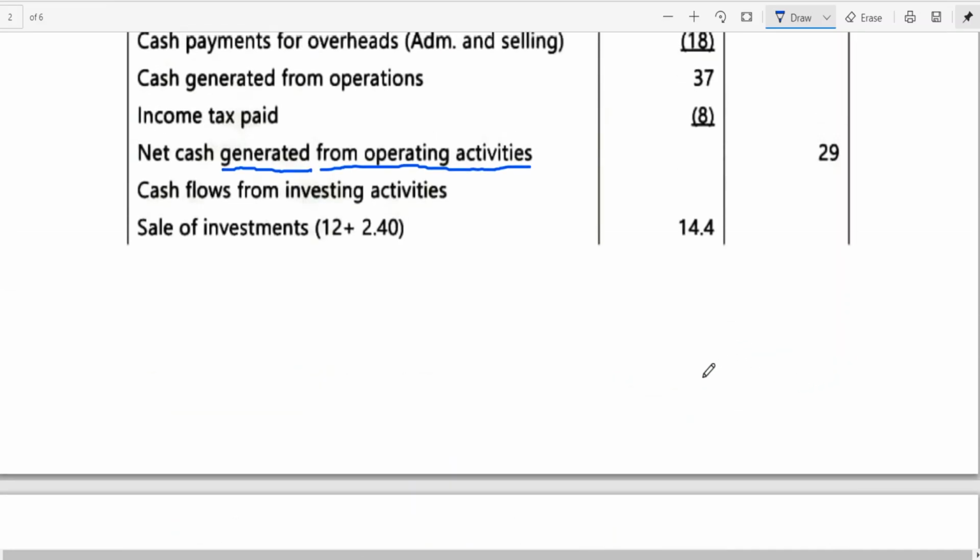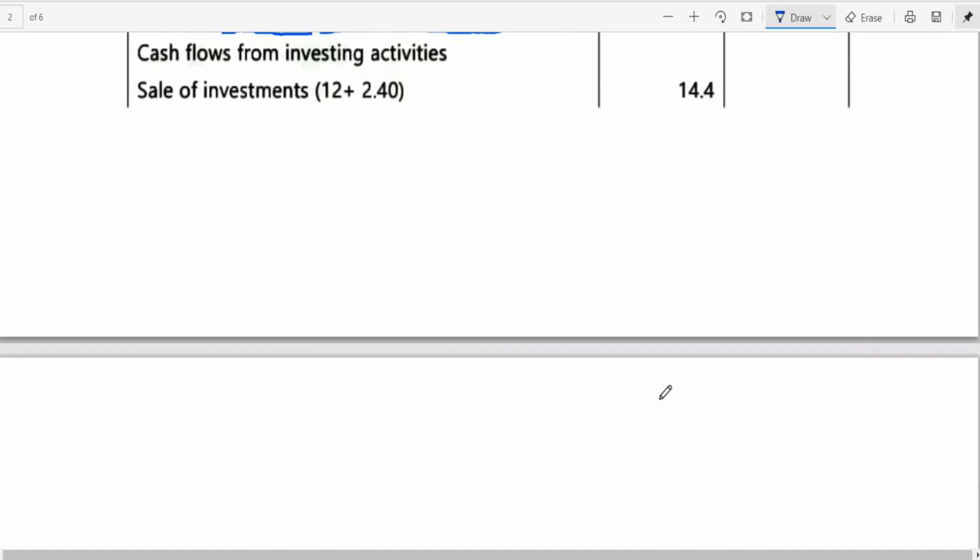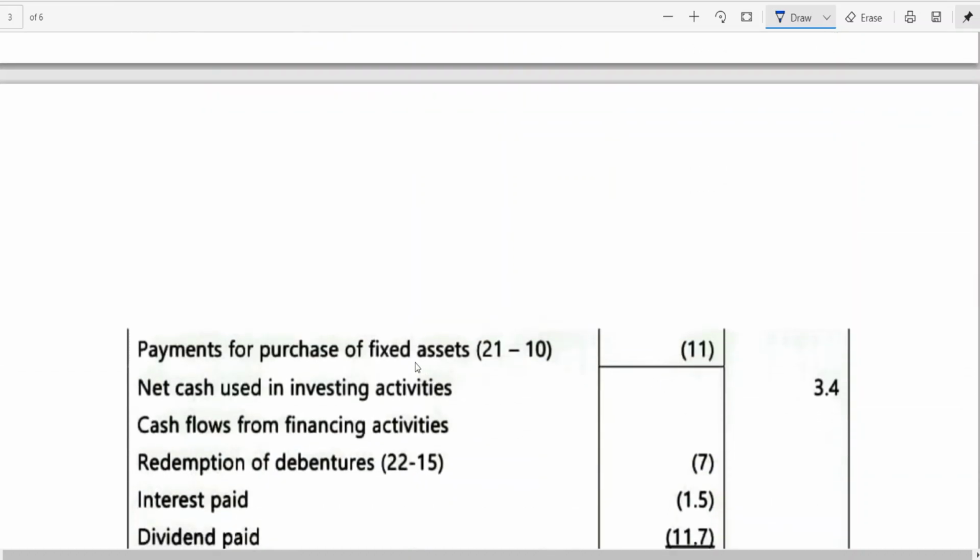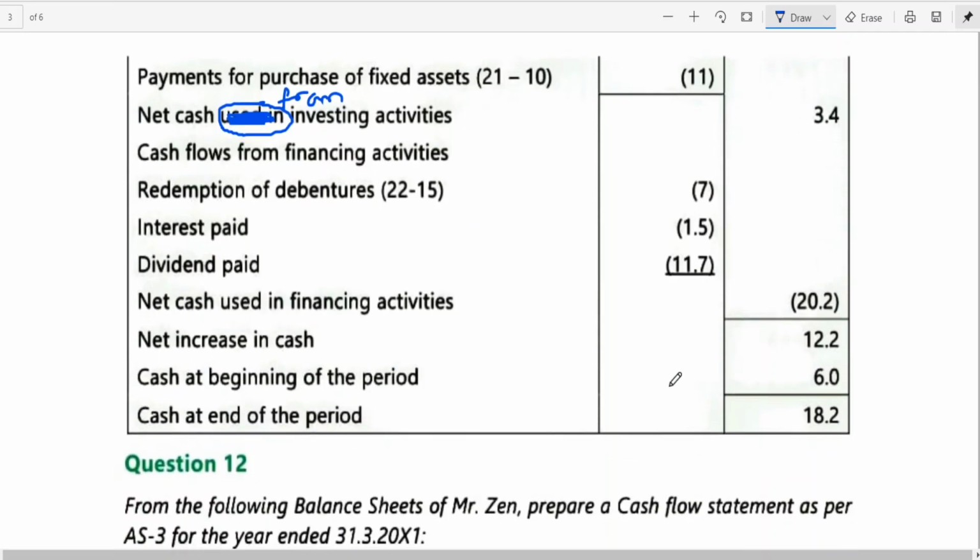That is an important point. We need to understand, are you getting a negative value or are you getting a positive value? You are getting a positive value. So I think we can't use the words net cash used. We need to use the words net cash generated or net cash from. It's a mistake here. This is a mistake. Okay, I'm writing it off. You should use net cash from investing activities 3.4 because your receipts are how much?